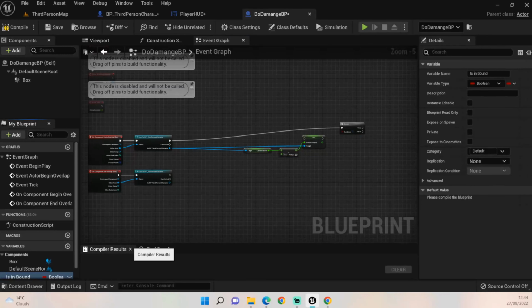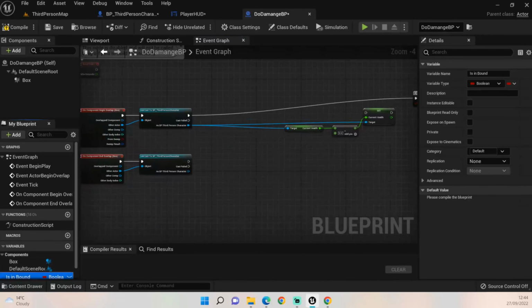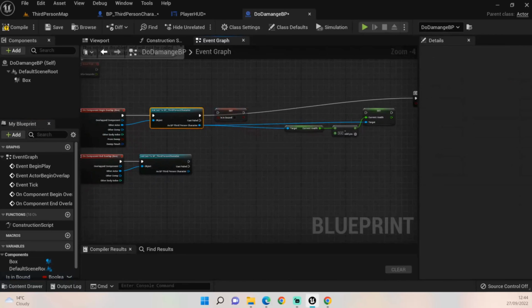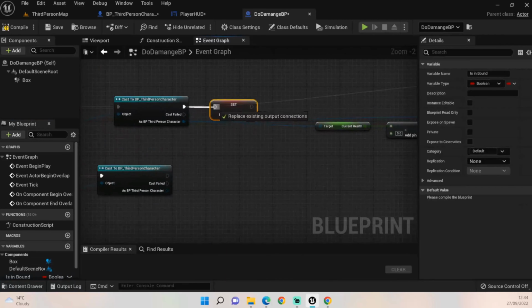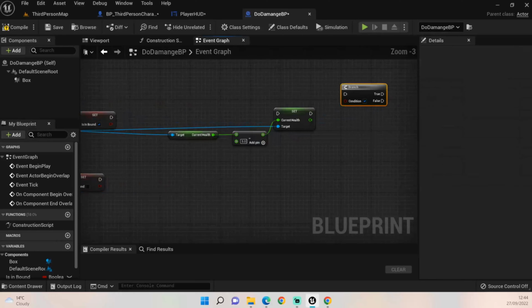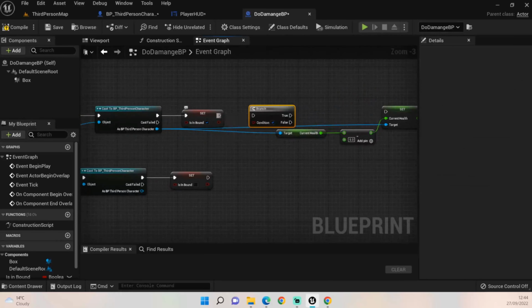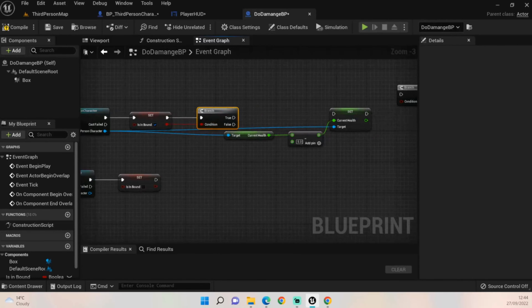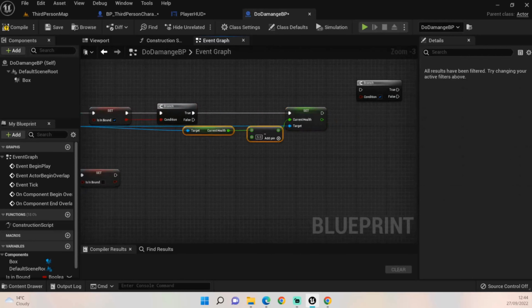is inbound, right? And then we want to set is inbound to true. Okay, and then we want to set this one down to not true. And then what we're going to do is create a branch, okay, where if that is true, it will do that, okay, and then